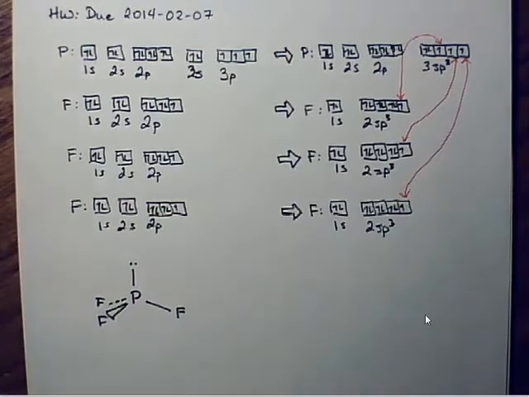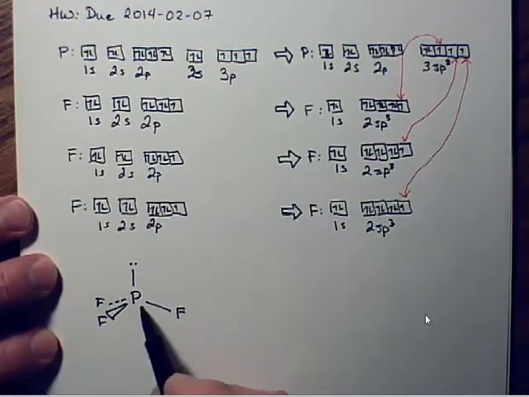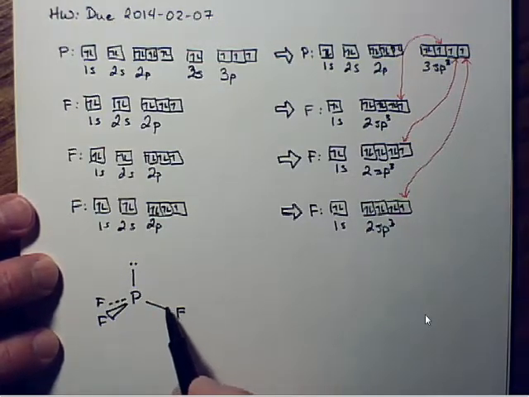Okay? And they arrange themselves this way so that those pairs of electrons can be as far apart as they can possibly be, and it has to be arranged this way because once you create a bond, you're actually pulling